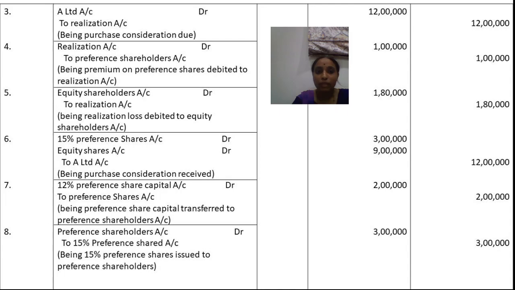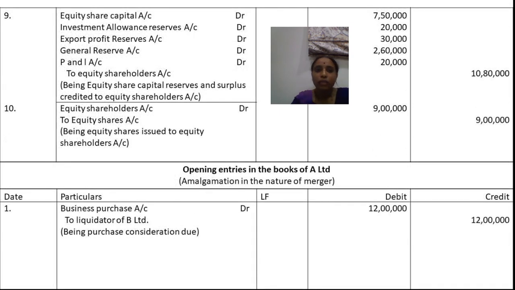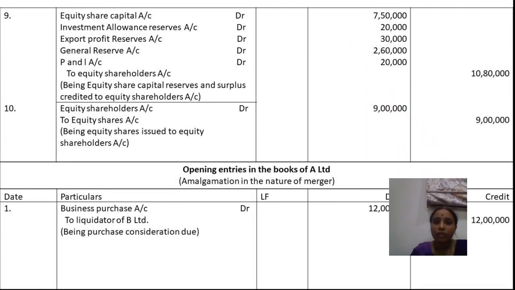Then being 15% shares issued to the preference shareholders. So for issuing the preference shares to the B Limited by A Limited, preference shareholders account debtor 3 lakh to 15% preference shares 3 lakh. Next is the transfer of the equity shares,